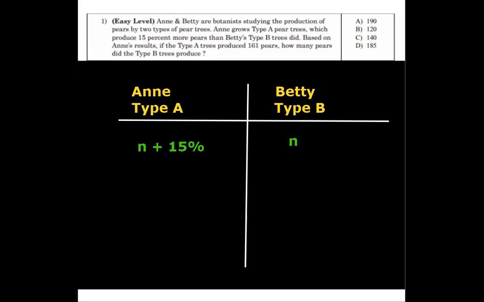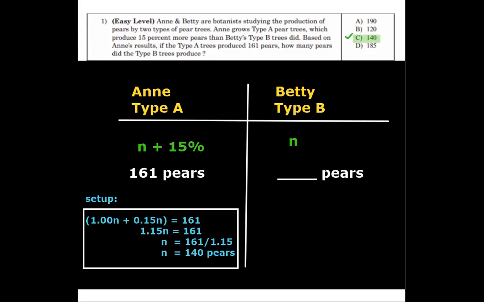We can set up a quick organizational table, putting the information for Anne in column 1 and Betty in column 2. Anne makes type A trees that produce pears that are 15% more than Betty. So in Betty's column, we'll place the unknown amount N. And for Anne, it would be N plus 15% is our note. Also in the paragraph, we're told that Anne made 161 pears with her pear trees, but Betty, we don't know